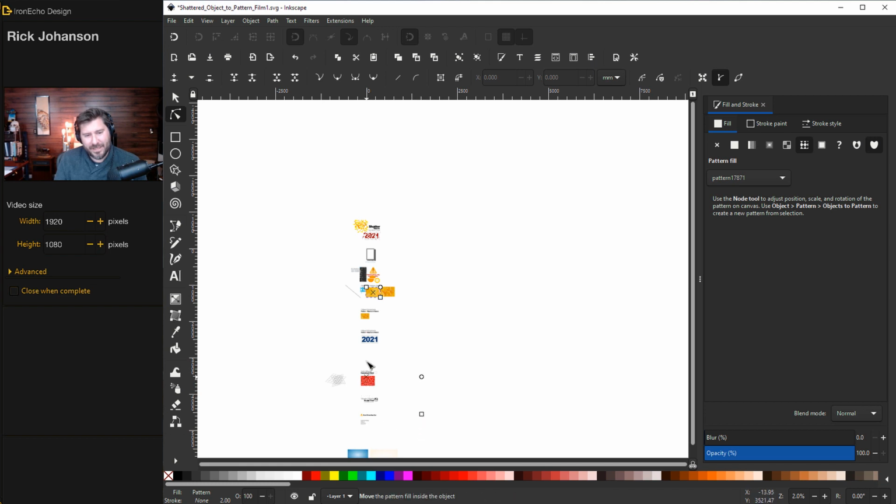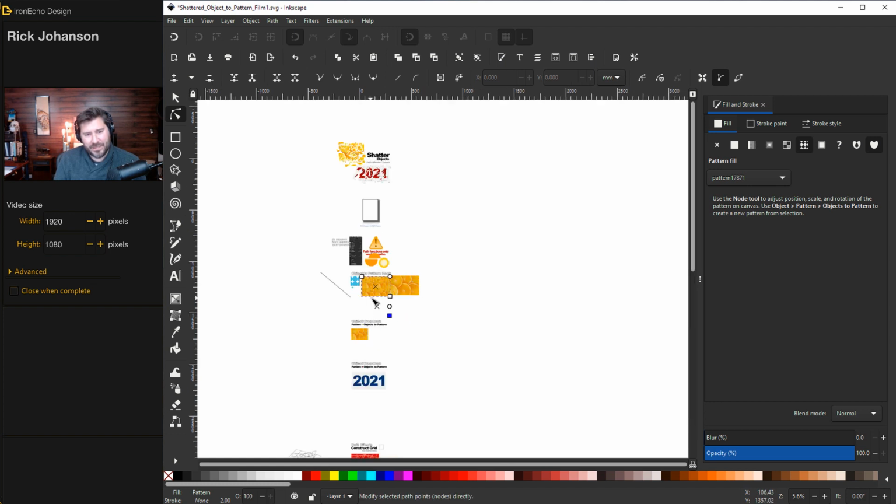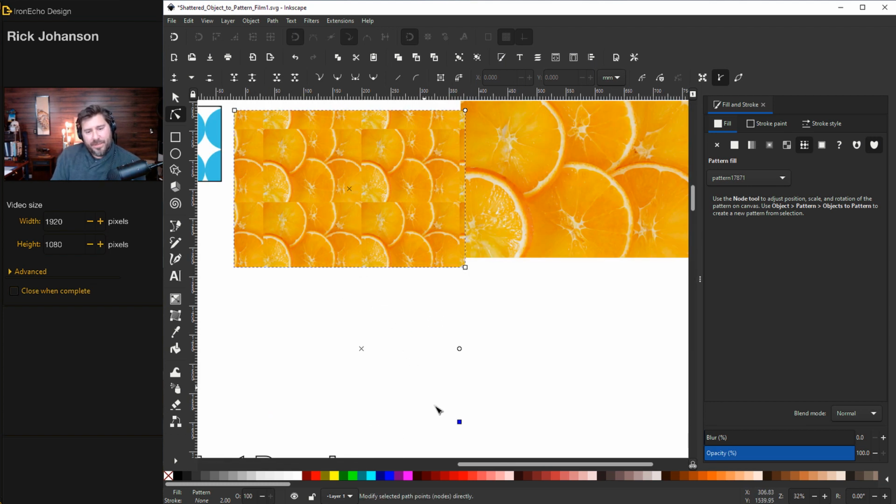I'm going to grab the X and bring it closer to what I'm actually working with. And then my square, that's going to change the scale of the pattern. So I'll bring that way in. And now I can zoom back to something more reasonable. There you go. You see the pattern we made? It's just repeating our original